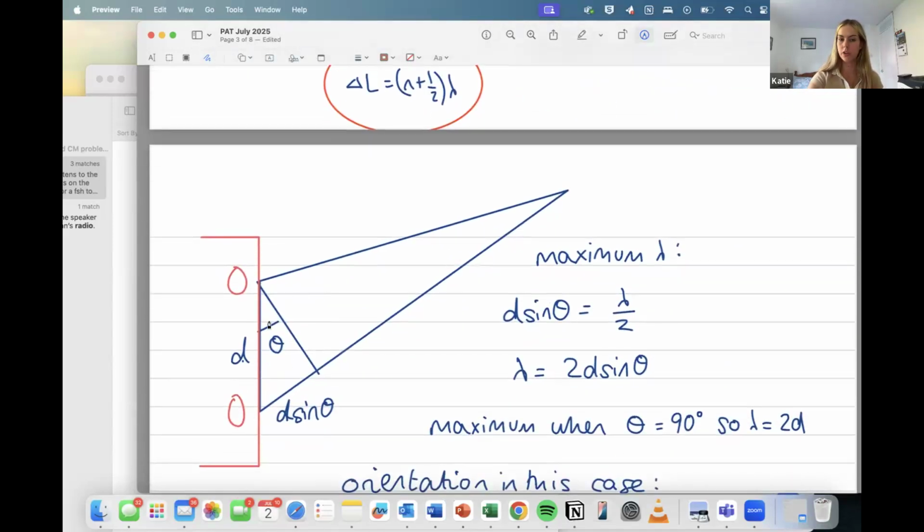So we've just drawn a diagram here of the two waves coming from the two speakers, and these are the two different paths. You can see that from this point to this point is going to be the same distance as from this point to this point. So the extra bit of wave that the bottom one has travelled is just equal to this distance here, which I've labelled as d sine theta, using this triangle. I assume that this is something you've come across before, of having the triangle and approximating.